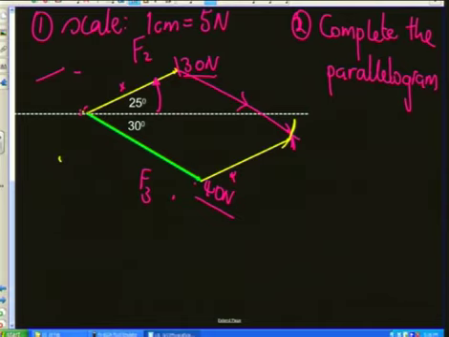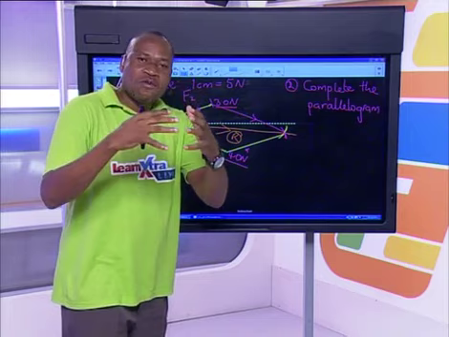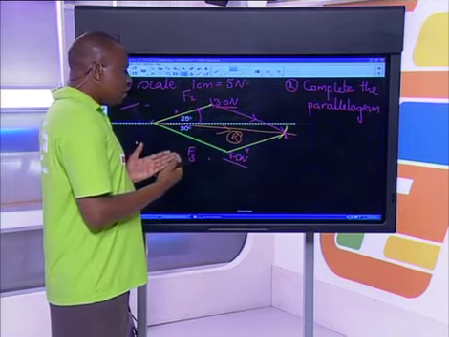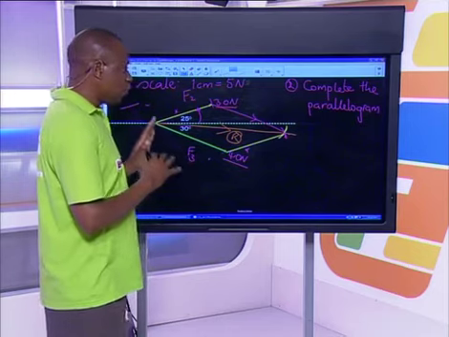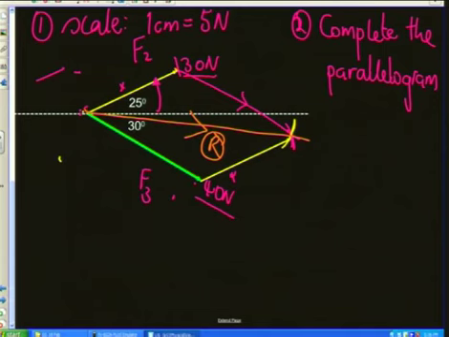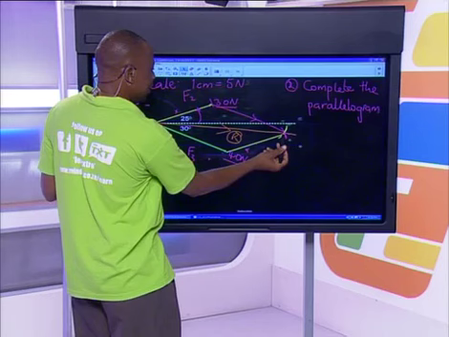In other words, my resultant is going to be something that passes through there. And I have my resultant like that. Now, why am I getting the resultant? Because I know that the magnitude of my equilibrium will be equal to the magnitude of the resultant. So I have that resultant. Now, what is there for me to do to answer this question fully is to take my ruler and put it down here and measure the length of this line here.